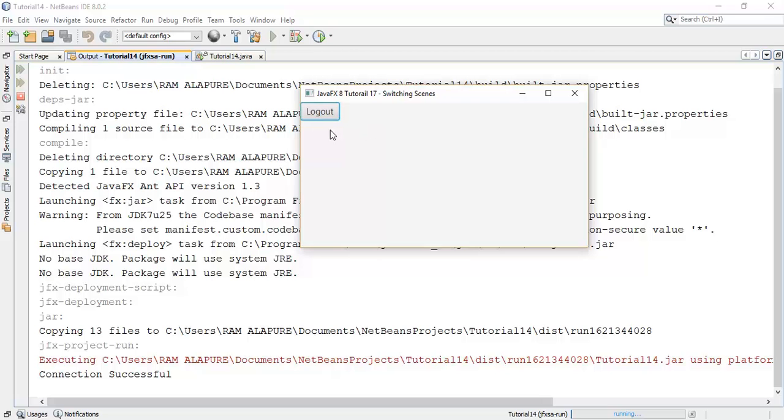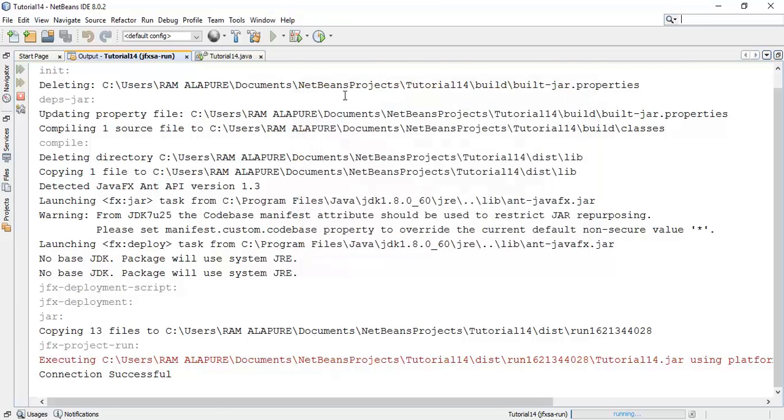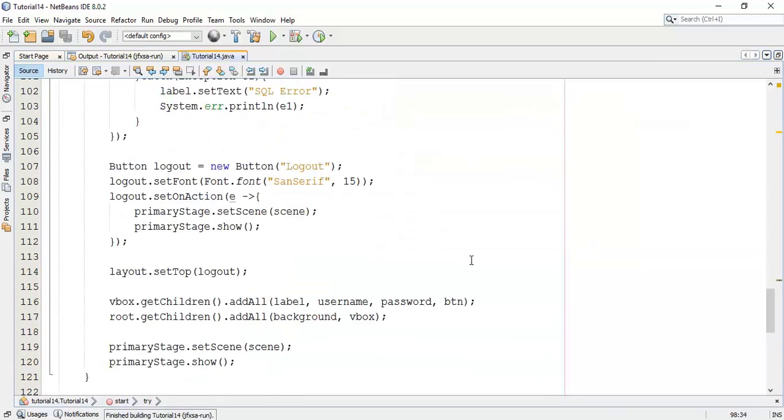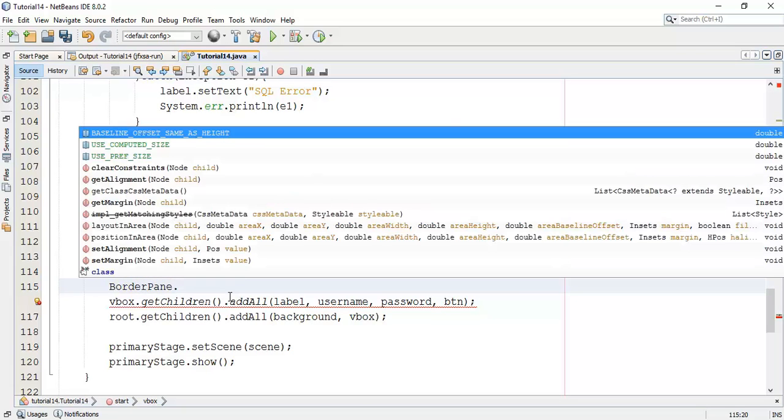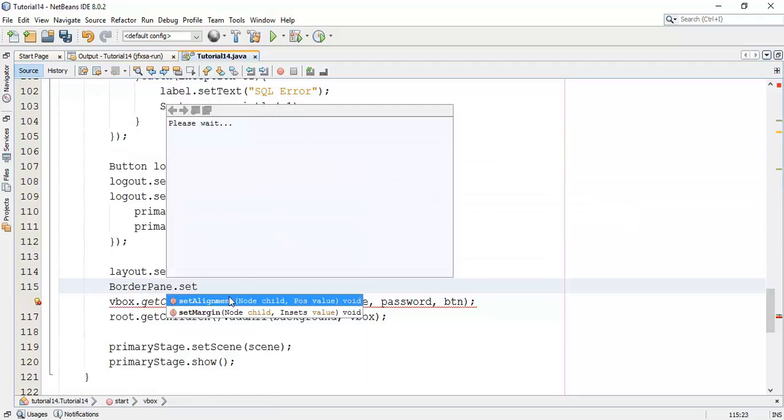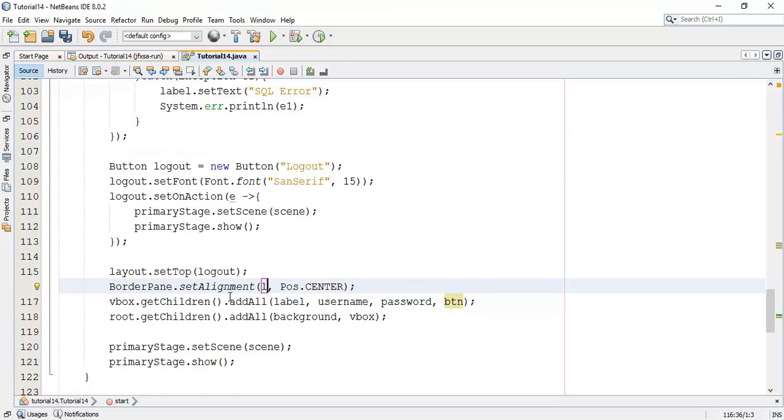So now I'm going to set this logout button in the right corner of the scene with some padding. So let's do that, and we can do it by assigning BorderPane set alignment, and say add a children element logout and give the position.